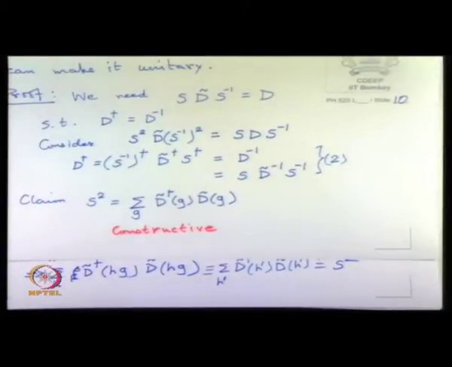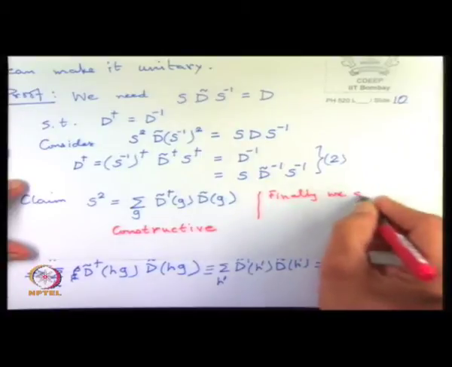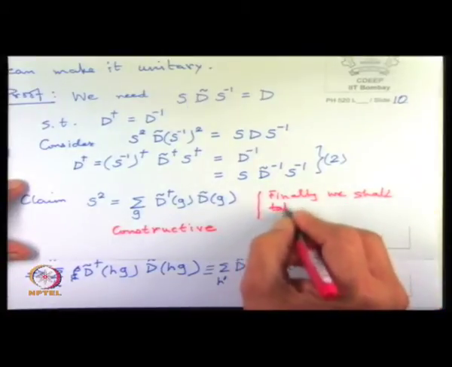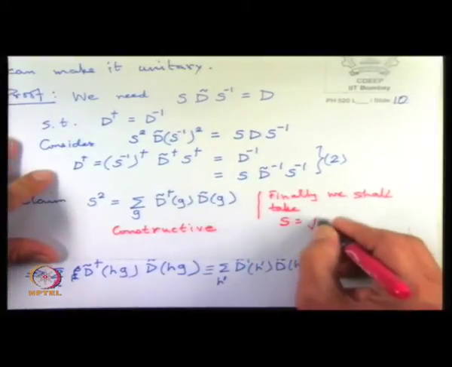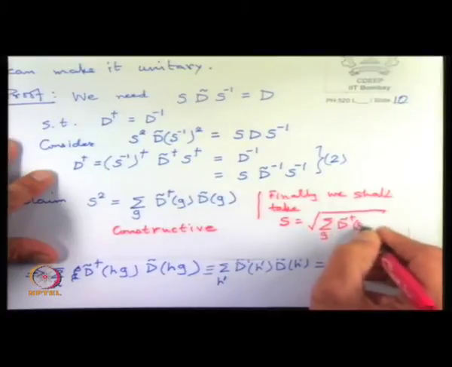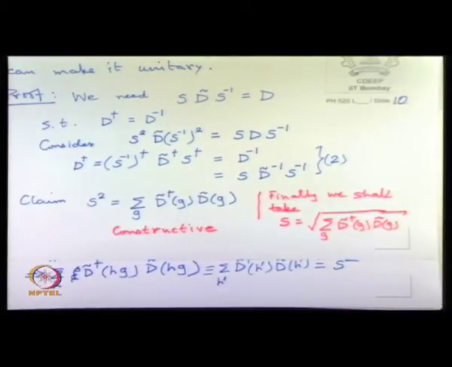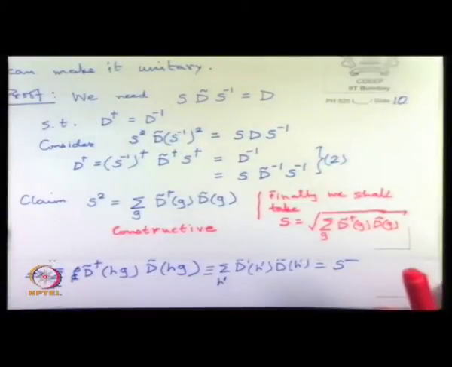So instead of writing a new transparency, I will just say here we shall take S equal to the square root matrix of D dagger D. Now since the matrix products D dagger D are all going to be positive, this is going to be a non-trivial matrix and you can take its square root in the sense that the square root of matrices is defined. There is not a problem, so long as the determinant is non-zero.